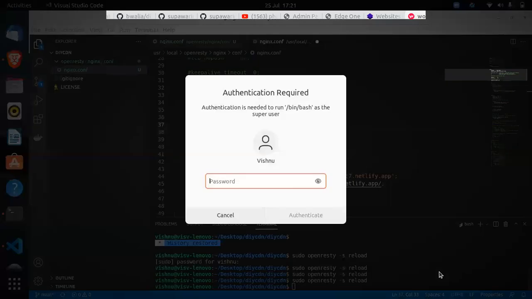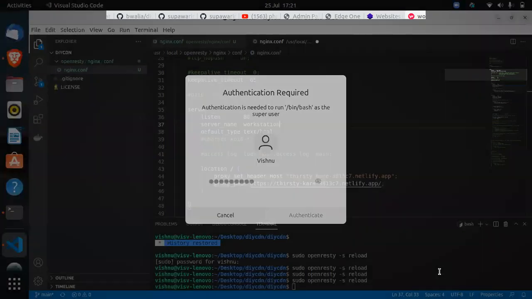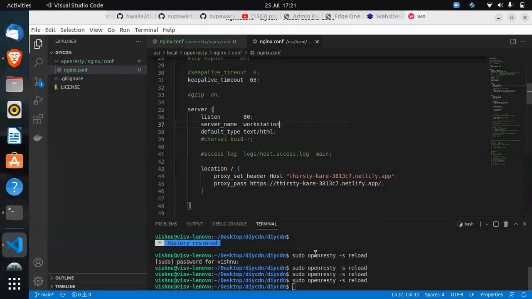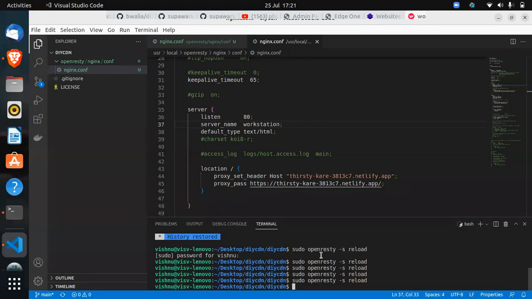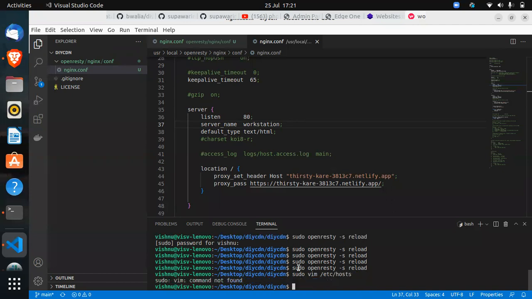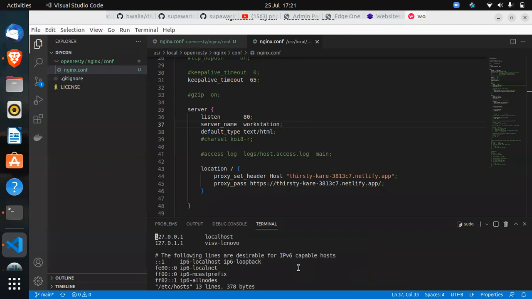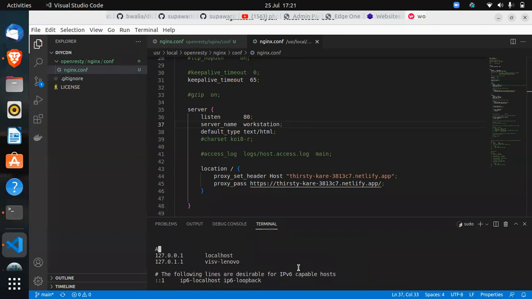Okay, just type your password. Okay, and now we restart. Now one problem is that we don't have the DNS pointing to this machine. So what I will do is open a local